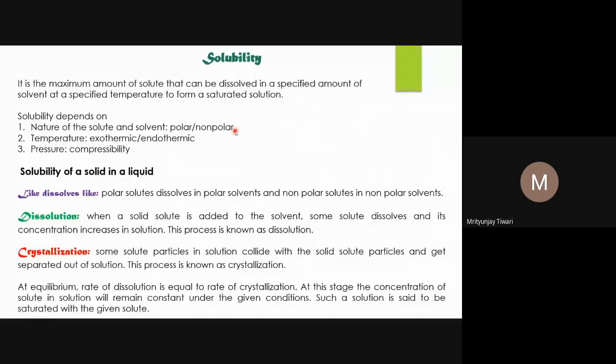This is carbon dioxide. There are two C=O polar bonds, both having the same bond moment, but they are oriented opposite to each other at 180 degrees, so they cancel each other out. So carbon dioxide doesn't have a permanent dipole. Similarly, we can see methane, carbon tetrachloride, and other examples where polar bonds are there, bond moment is there, but the molecule is not a polar molecule.